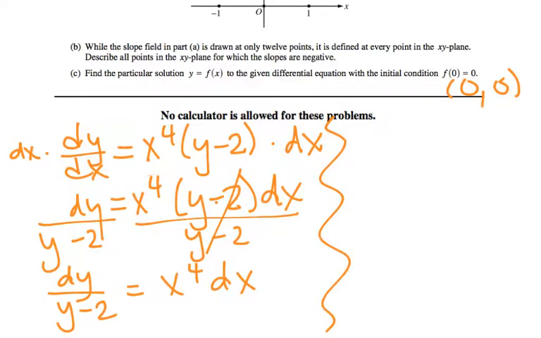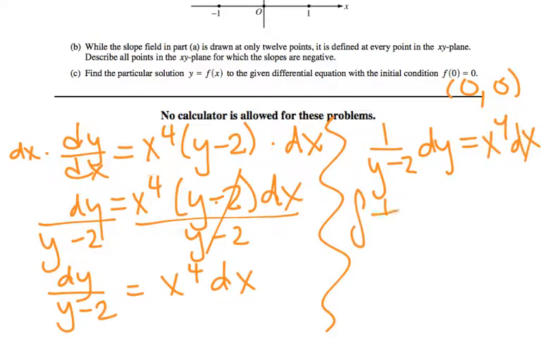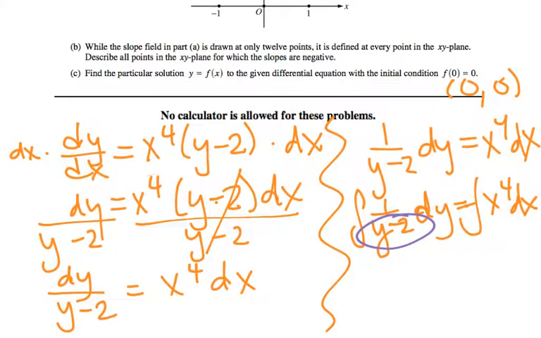Okay, I'm going to rewrite this so it's a little easier to integrate. This is equivalent to 1 divided by y minus 2 dy equals x to the fourth dx. So we're going to integrate this on both sides. The integral of 1 over y minus 2 dy equals the integral of x to the fourth dx. Normally we would use u substitution here because we have a function within a function, but the derivative of y minus 2 is just 1. So nothing's going to change here if we did u substitution. Du would still equal dy, so we can just proceed